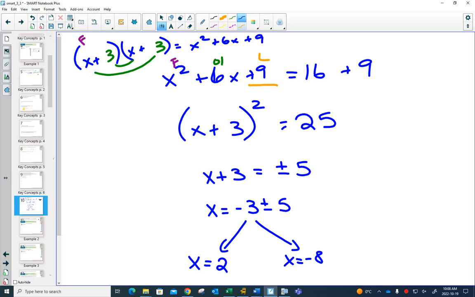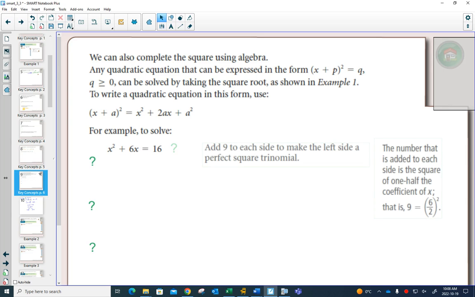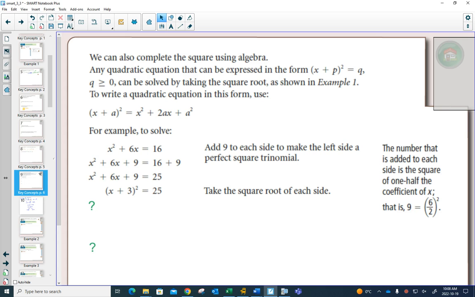This idea, which they've written in your textbook as well, is sort of like add 9 to each side to make a perfect square trinomial. They're basically doing what we're saying, but I like using the FOIL idea, thinking that's 6. This is your hint. And the hint actually is really easy because